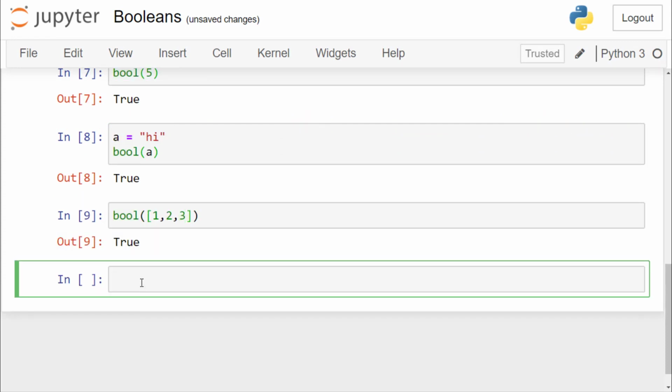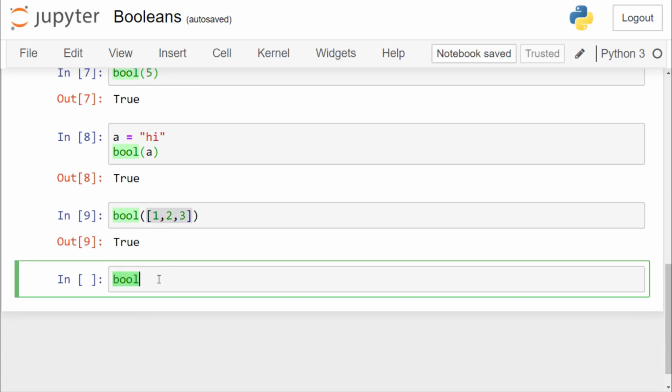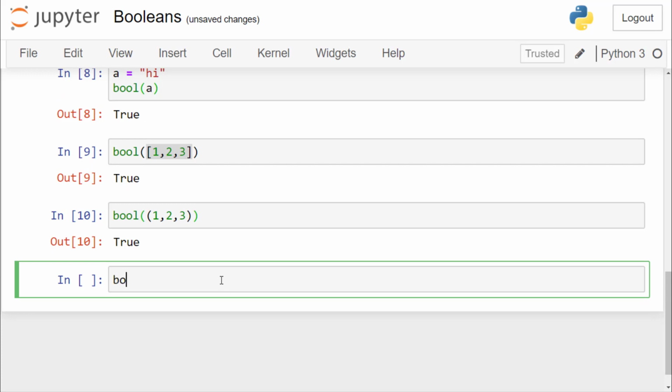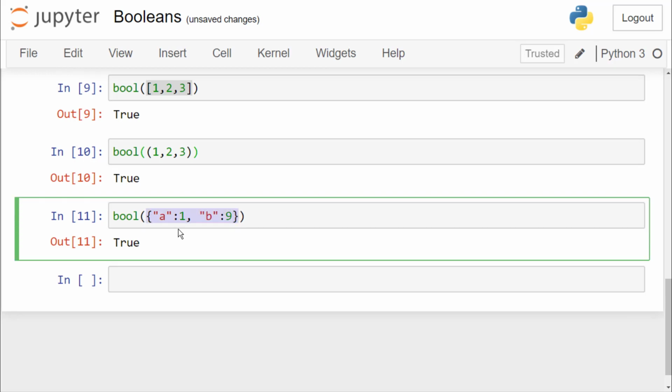True, this is a list. Bool 1, 2, 3. It's a tuple. Or bool, it's a dictionary. Everything that has some sort of content in it, that's true.